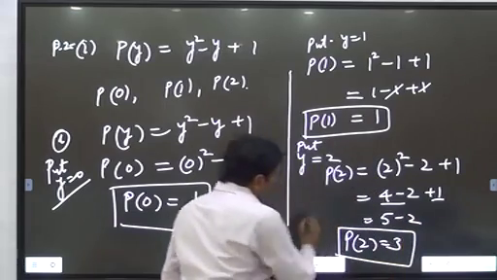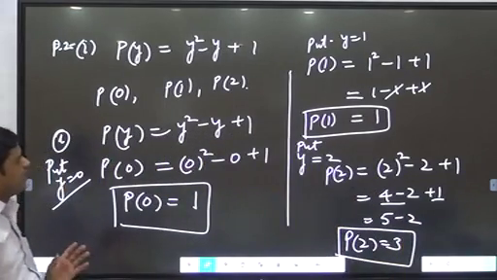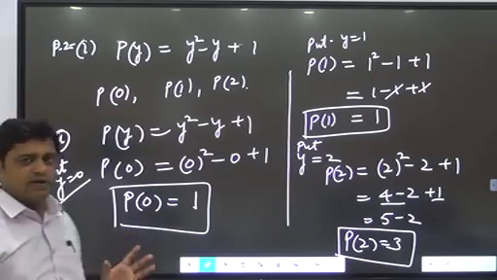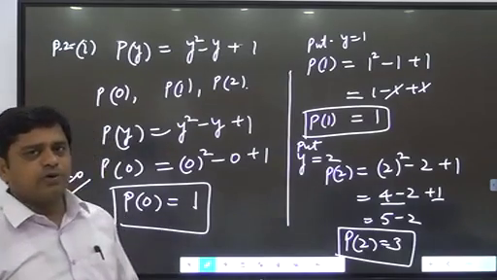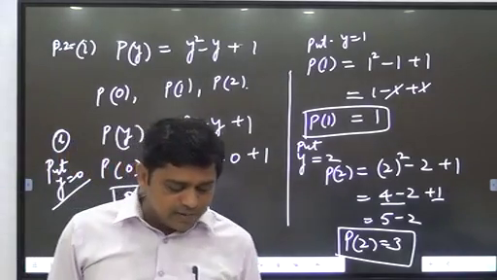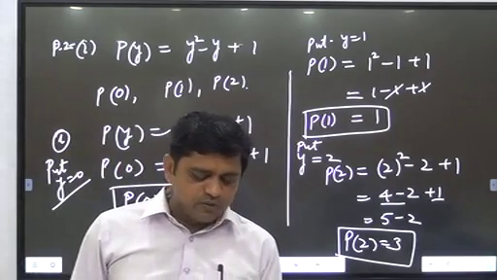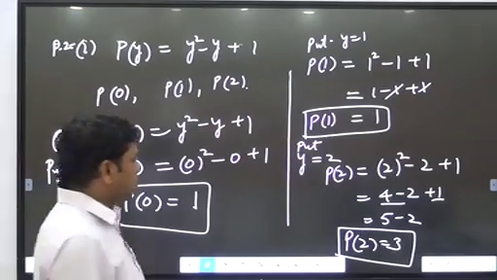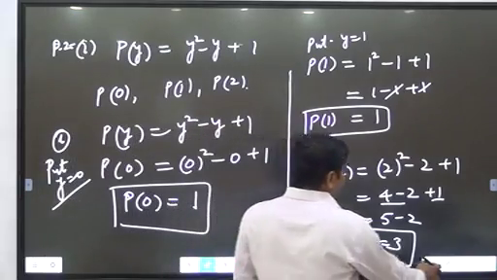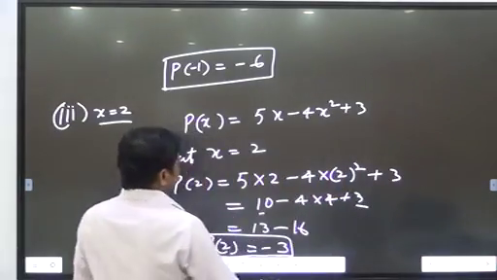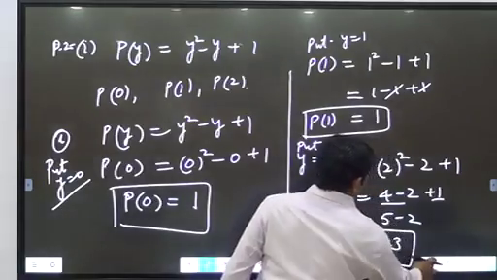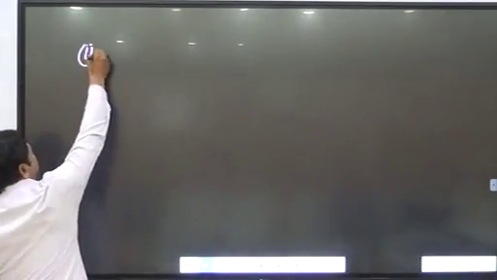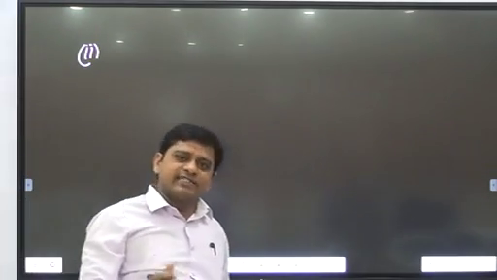So I hope you have understood the process to solve and find the values of p(1), p(2) and p(3), and the remaining part of this question you will solve, and the same process will be applied. So again, I will take the next part for you. Second part of the same question, because in this question the variable has changed.